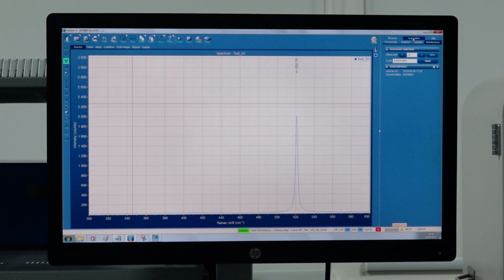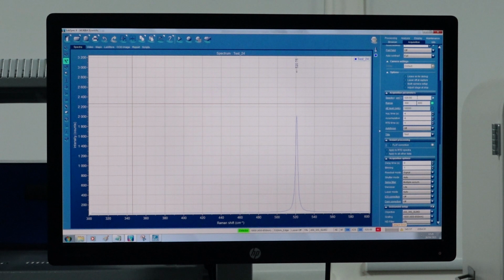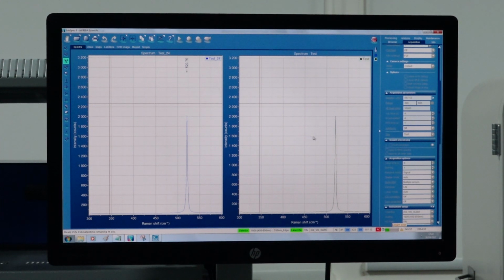Then to make a fresh acquisition, I will go to the acquisition tab here. I will set the spectral peak position, the central peak position of silicon, to be again at 520.7 and click on enter. Now for spectral acquisition, among the acquisition modes, I will go to start spectrum acquisition and click. So now I have obtained a new Raman signal, and after this acquisition is complete, I will check for where a peak is obtained.